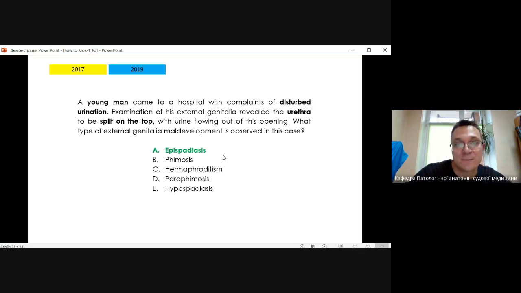So that's why epispadias, this is the genital abnormality, which is exactly associated with the closing and splitting of the urethra and the disturbed urination in this case. So our disturbed urination could be connected with all others, but splitting on the top of the urethra, the split urethra, that's exactly